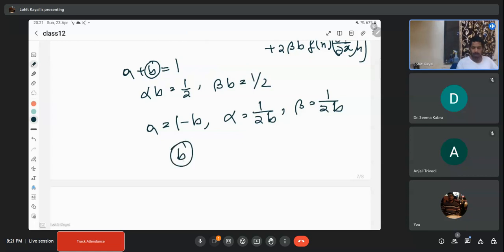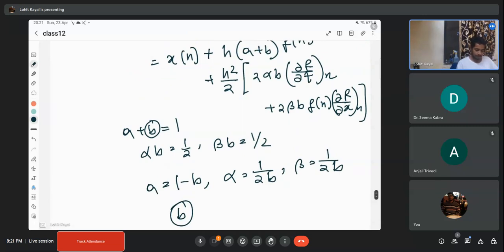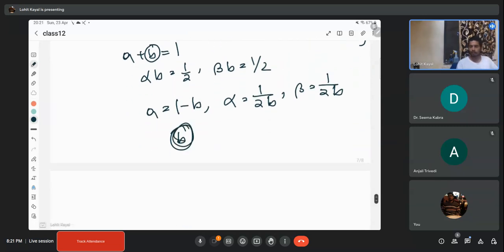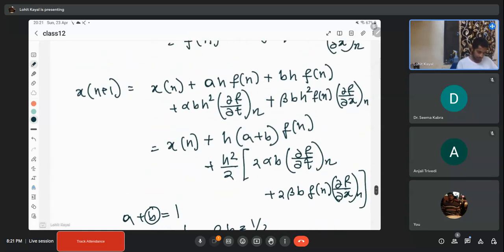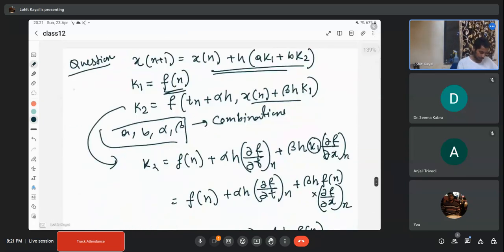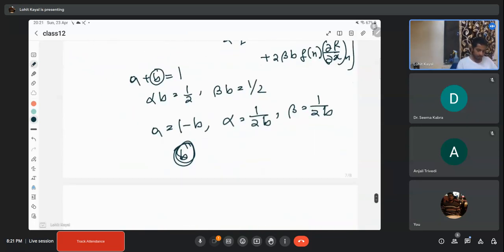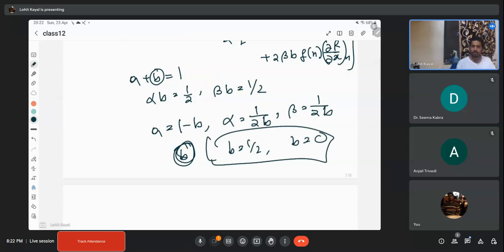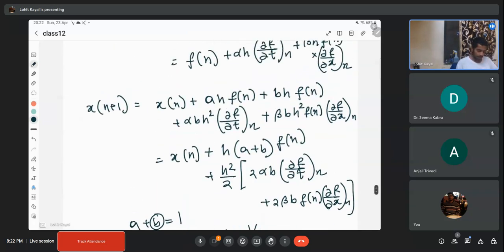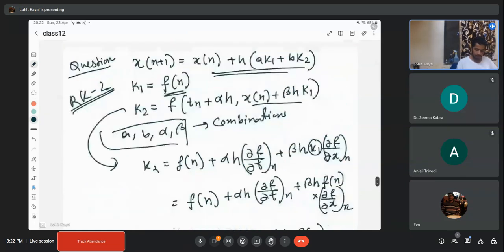Now you can change b accordingly. Okay, you can take some value, and for each value of b you will get a new formula. So this is actually called the RK2, Runge-Kutta of order 2. Okay, so by changing the value of b, we will get a series of new formulas. There are some specific values, b equal to half, b equal to 0. There are some popular formulas based on this, but the whole idea is coming from this RK2 derivation. Okay,